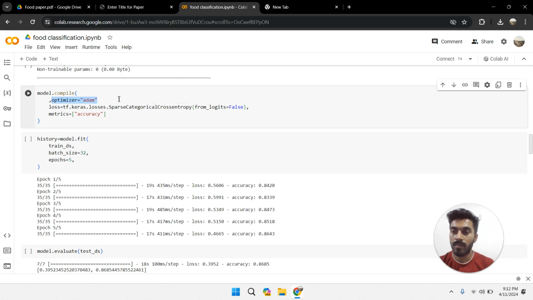The optimizer is Adam. In 90 to 98, 99% of cases we apply the Adam optimizer, because Adam is the best optimizer in the market now, and it is a combination of all of these optimizers.